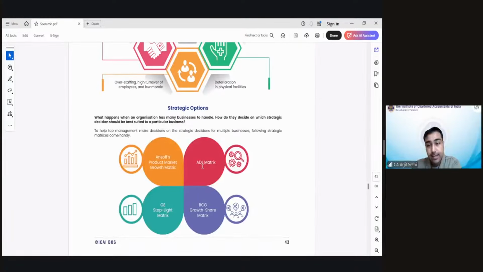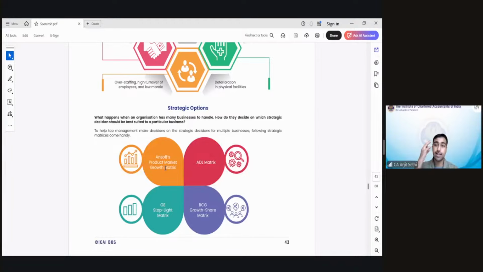Right. Now, we started the class telling that we have 3 kinds of strategies. There are 3 kinds of options that we have, which is stability. We talked about growth. We also talked about retrenchment. We talked about turnaround. Retrenchment is sizing down. The word we use is retrenchment, which is sizing down, selling or turning it around. We have 3 types of strategies in our syllabus. Very simple, very straightforward. The next topic that comes in chapter 4 is strategic options.